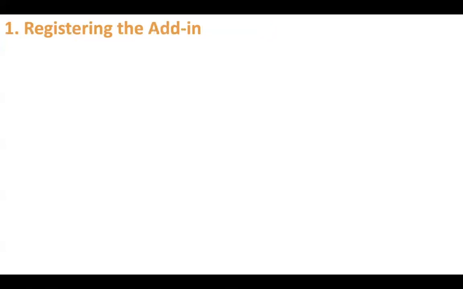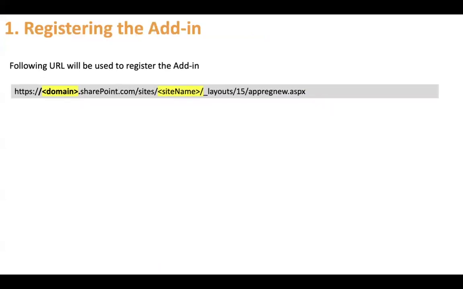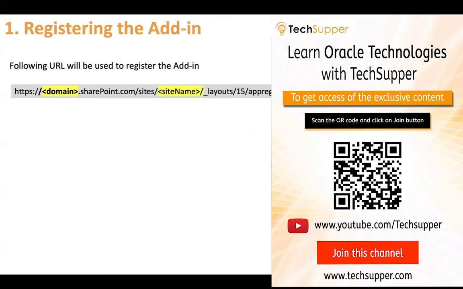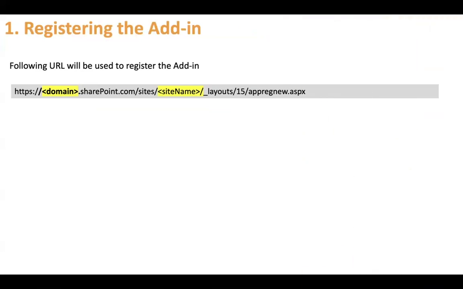The first step is to register the add-in in SharePoint. There is a URL to register the add-in: https://, the SharePoint domain, .sharepoint.com/sites/ the site name in which you want to register the add-in, for which you want to grant the permission to the user. But in case you want to give global permission, you can remove /sites/site name. We are going to register the add-in at a particular site level. That is the reason we will provide the site name also,